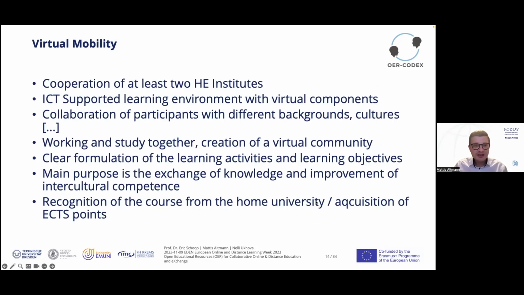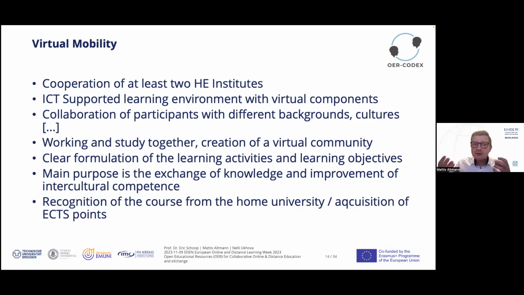So what are the characteristics here of virtual mobility and also COIL projects? So it's a cooperation of at least 2 higher education institutes with ICT supported learning environment with virtual components, the collaboration of participants with different backgrounds, cultures, heterogeneous group structures here are very important to create an immersive virtual mobility experience for the students.